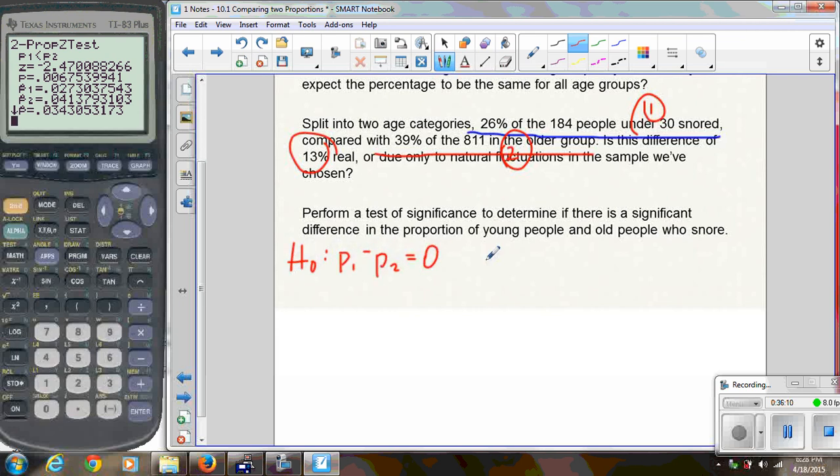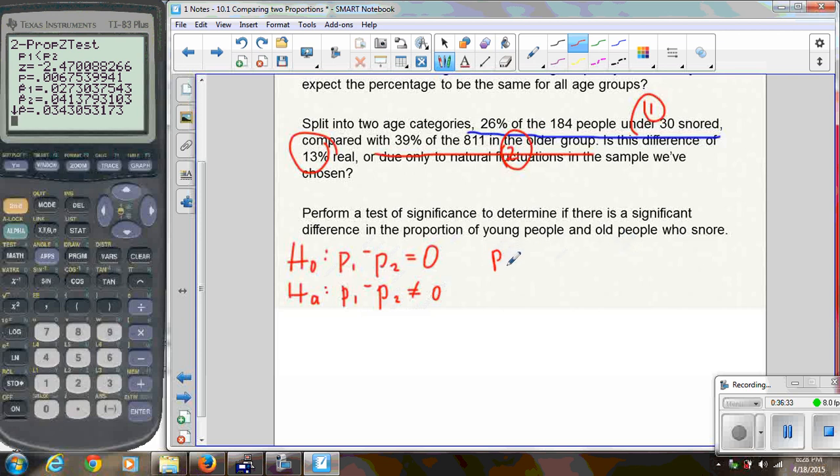Remember, we don't expect there to be a difference. That's what we're assuming. The alternative, in this case, doesn't say anything about one group being more likely to snore than the other. So this is going to be a two-tailed test where I'm just looking at the difference is not 0. And again, you want to make sure that you define your parameters